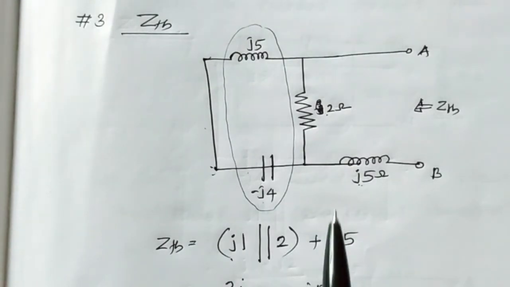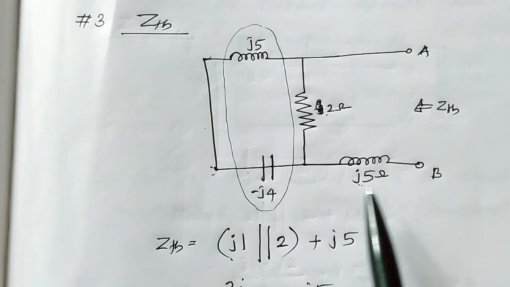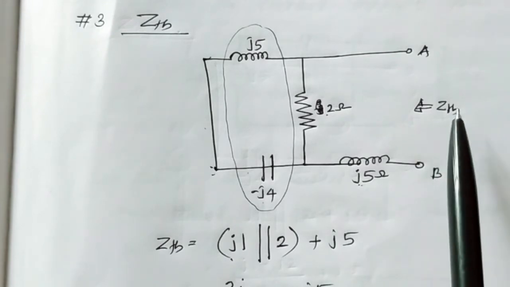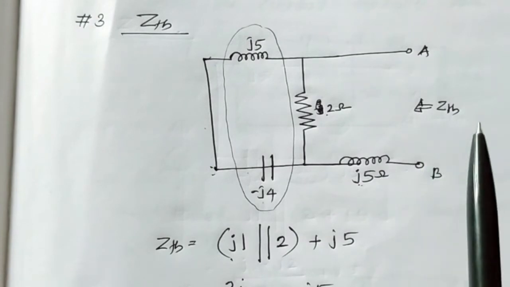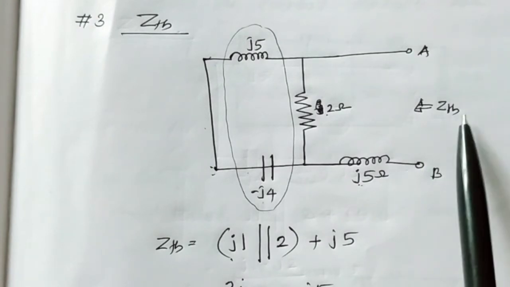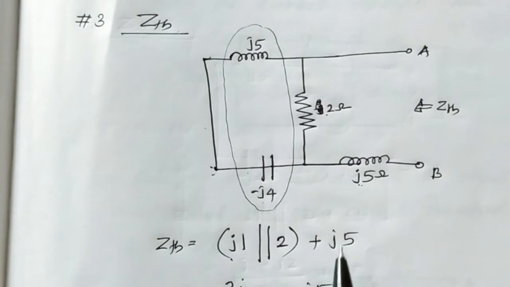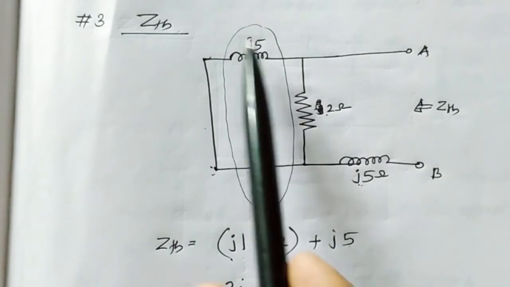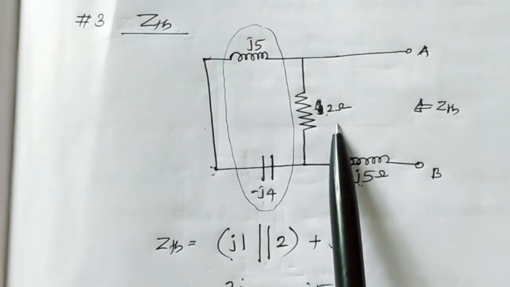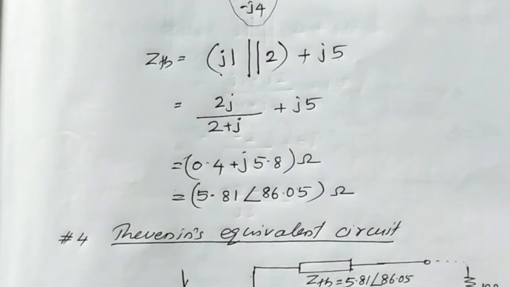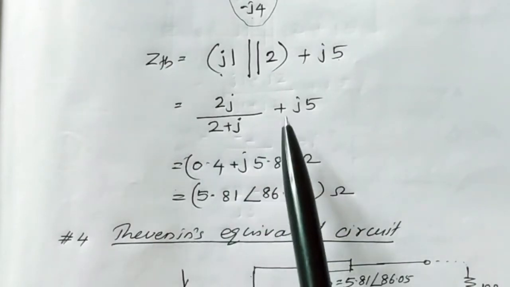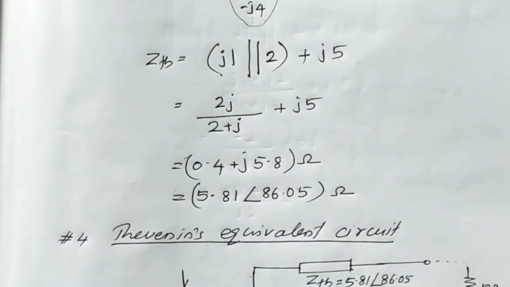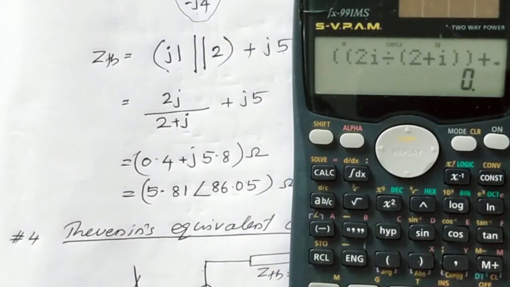That combination is in series with j5 ohm. So the net impedance as seen from the open circuited terminal, that is nothing but Thevenin's equivalent impedance, is equal to j5 plus j1 parallel with 2. Simplifying, we can obtain 2j divided by 2 plus j, plus 5j. When we enter those values in the calculator, we can obtain the result as